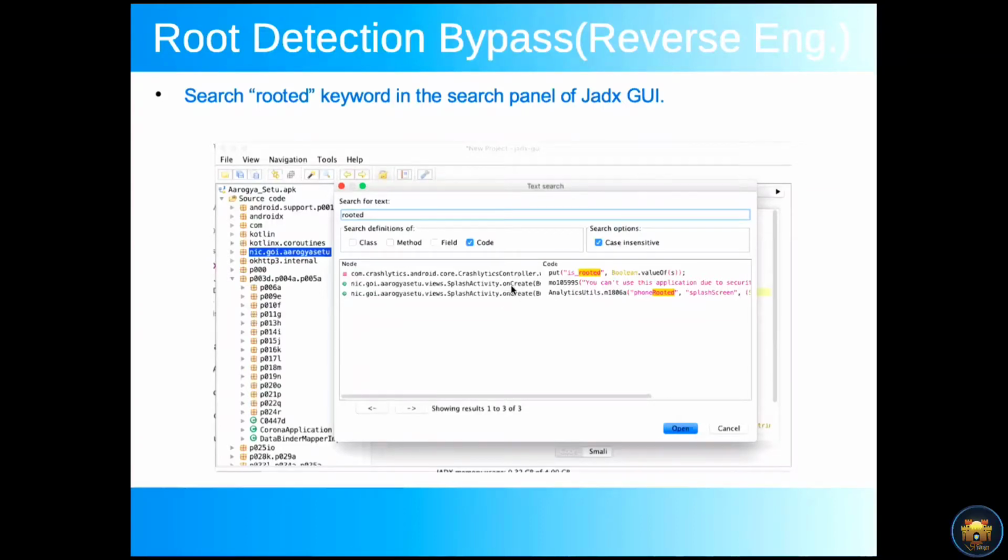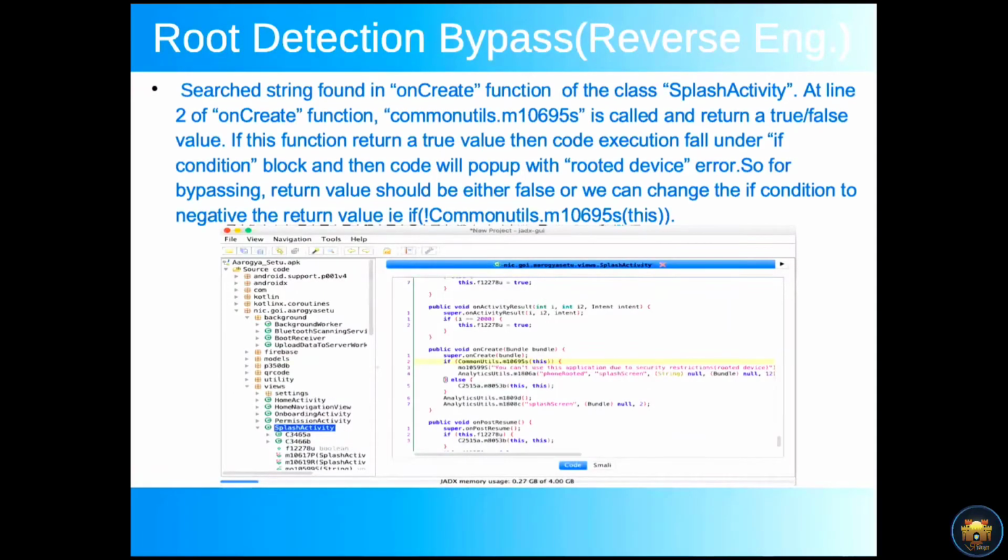Inside the class there is an onCreate function. Both search results are in the same onCreate function, so I click on either one. Then I am inside the onCreate function. In the highlighted section, you can see a function call, CommonUtils.m10695s, used with an if condition.